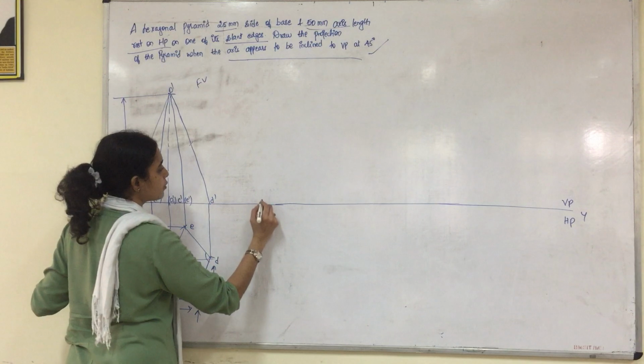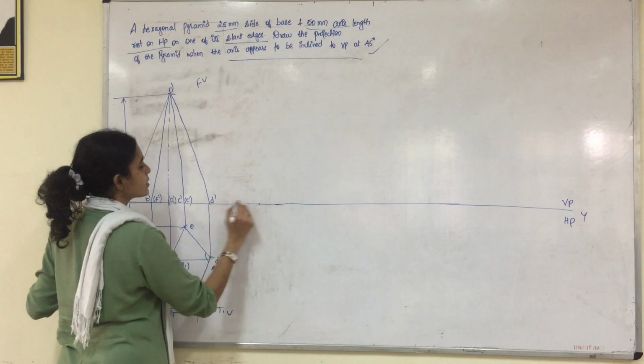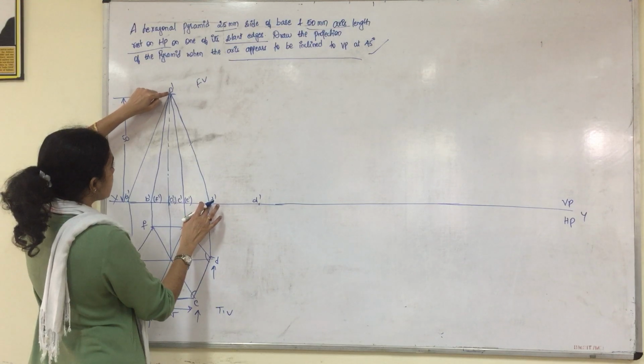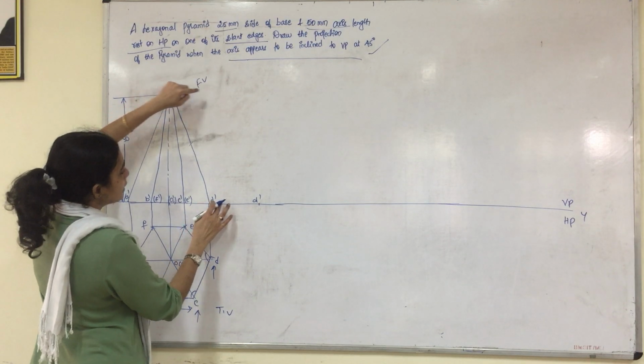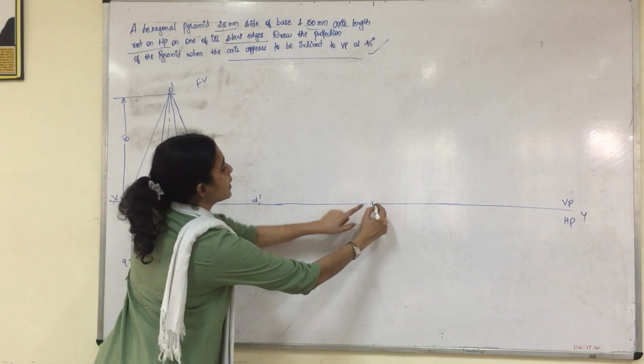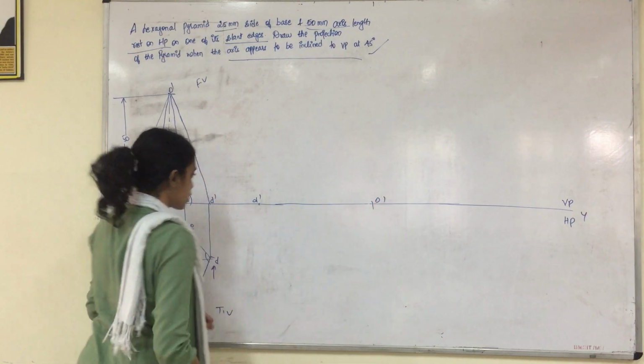So for that, first you have to leave some space and fix this point D dash. I am shifting this slant edge now. So measure this slant edge, how much it is. Keep one of the compass here and just cut an arc. So where it meets will be our apex O dash.